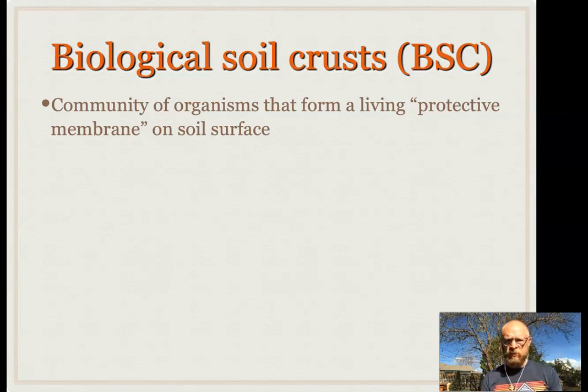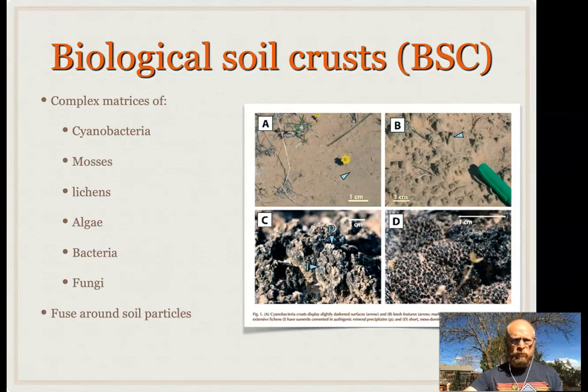them, in desert communities. So they're a community of organisms that form a living or protective membrane on the soil surface. This is just a list of the types of organisms that tend to be found in biological soil crust: cyanobacteria, mosses, lichens, algae, bacteria, fungi. It's all of these things working together. And this image just shows different types of biological soil crust. So in A, there's very little, it's not well formed. And you can see this blackish color on the soil surface,